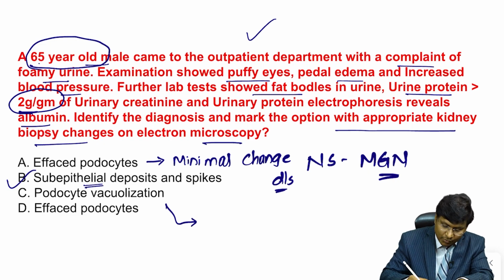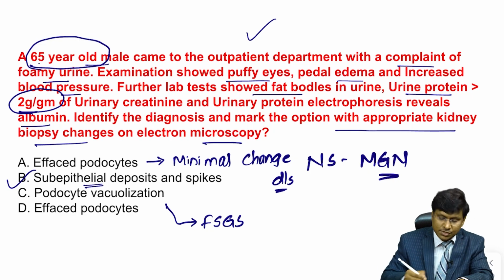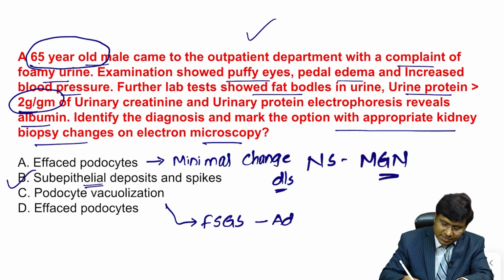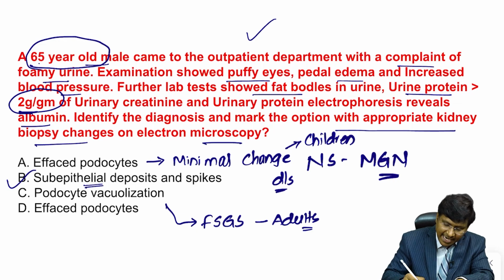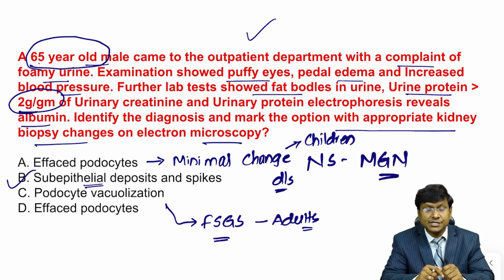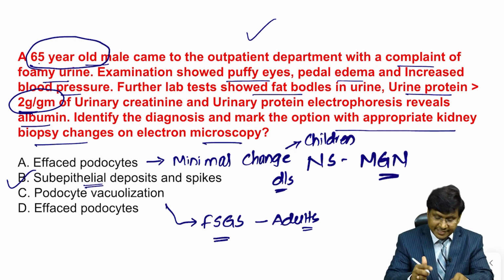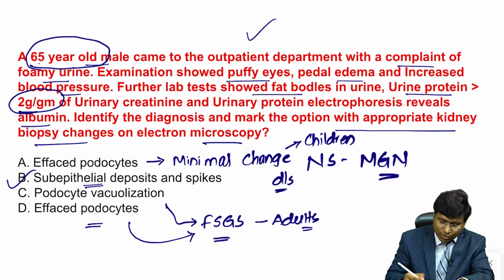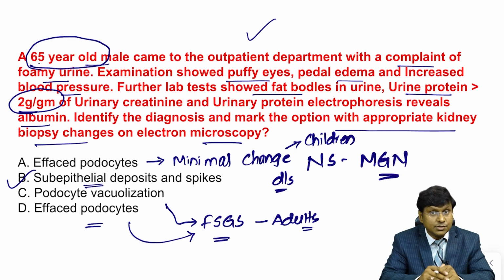Podocyte vacuolization is present in focal segmental glomerulosclerosis, which is observed in adults of age group 40 to 60 years, whereas minimal change disease is observed in children. And in focal segmental glomerulosclerosis, you will not only have podocyte vacuolization, there will be detachment of the podocytes,